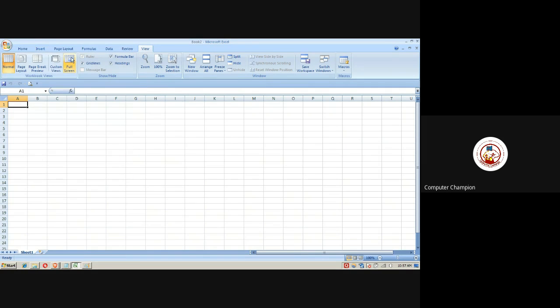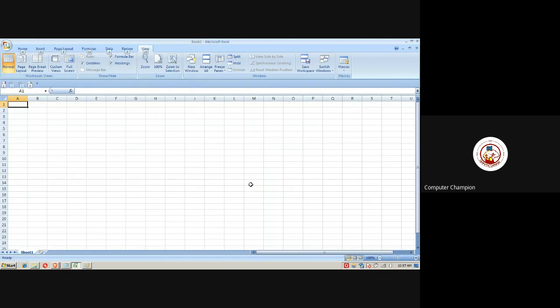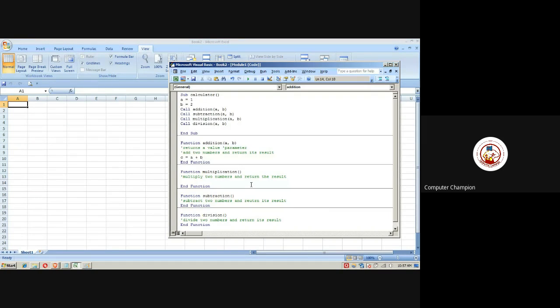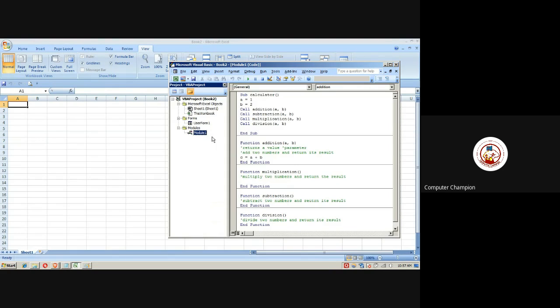I think the developer tab is not coming here, but we have View Macros. I will write my macro name and just click on create. Or the simplest way is Alt F11, which I had told you. Just press Alt F11, go to Project Explorer and create your own module and a user form.